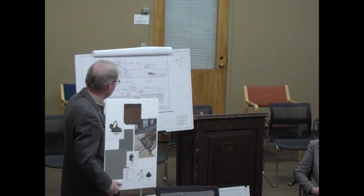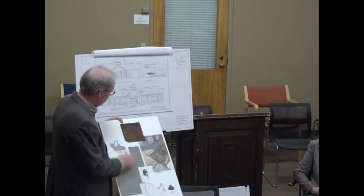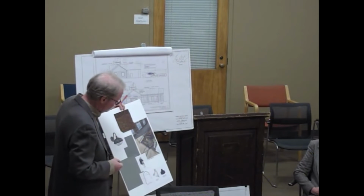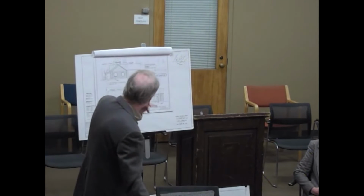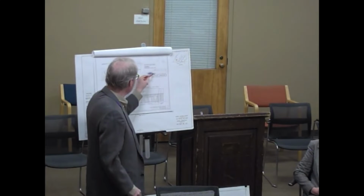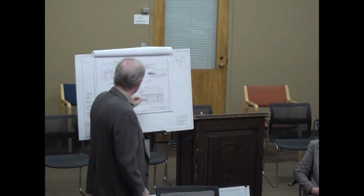There are existing fixtures on the building. There's sconces on either side of the front door, which we will be replacing. There are a couple of lights off the back entry, which we'll be replacing with this kind of historic looking cast iron fixture. And then we have a sign, which is also part of the application. It's the Complete Angler sign. This is their logo. The C is actually a fly, and so we're incorporating that into the shape of the